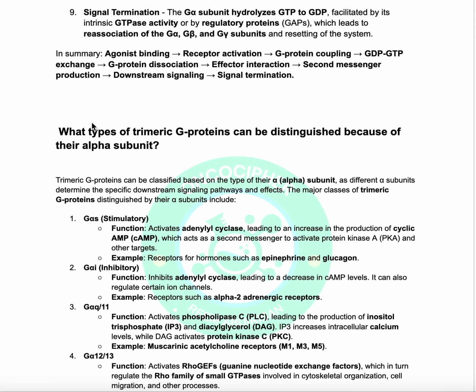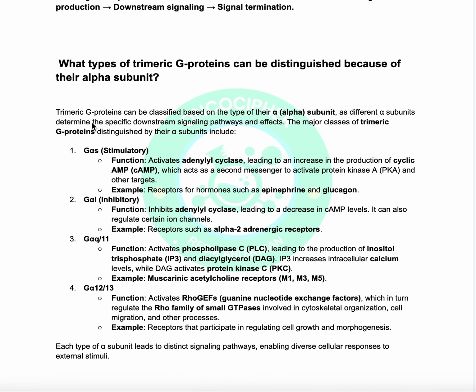Now I'm talking about the questions. Number 4: what types of trimeric G proteins can be distinguished because of their alpha subunit? Trimeric G proteins can be classified based on the type of their alpha subunit. So we can make a classification of the G protein depending on the alpha subunit, as different alpha subunits determine the specific downstream signaling pathways, because you can see that the activation happened first with the alpha subunit. The major classes of trimeric G protein distinguished by their alpha subunits include